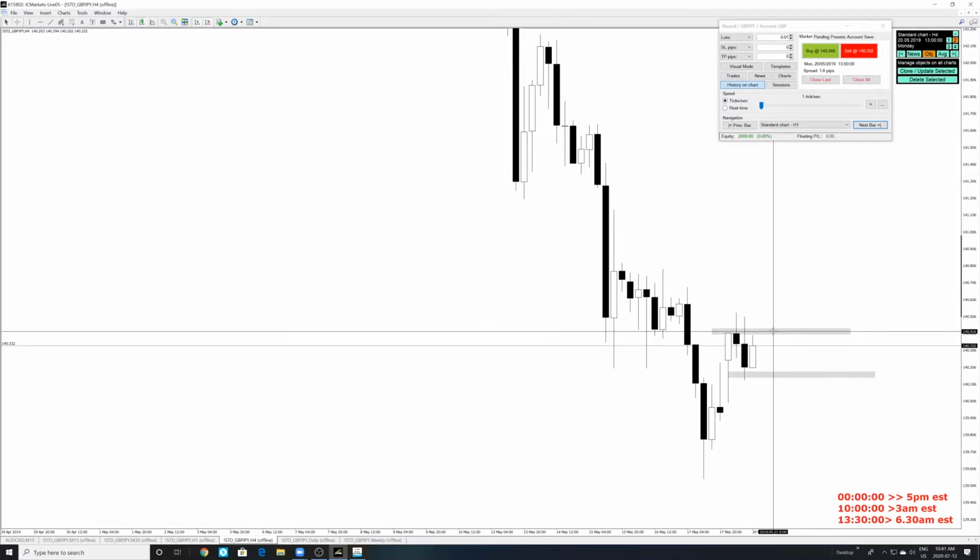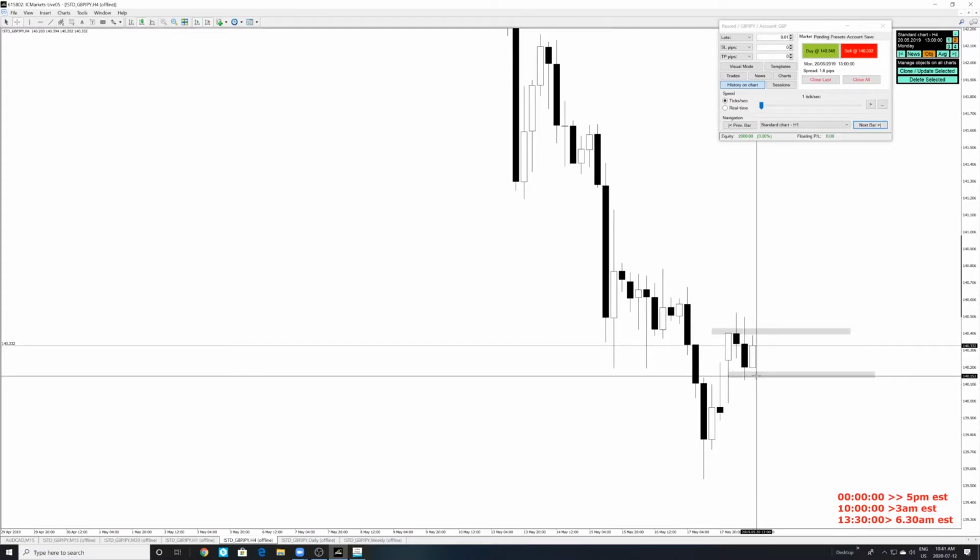And this range, we want to measure it, right? This is a 25 pip range. Whenever you're looking at a chart, you're identifying the most recent resistance, and then the most recent support. So resistance is at 140.420. Support is at 140.150. Now we're going to go to the smaller time frame, which is the 1-hour time frame.